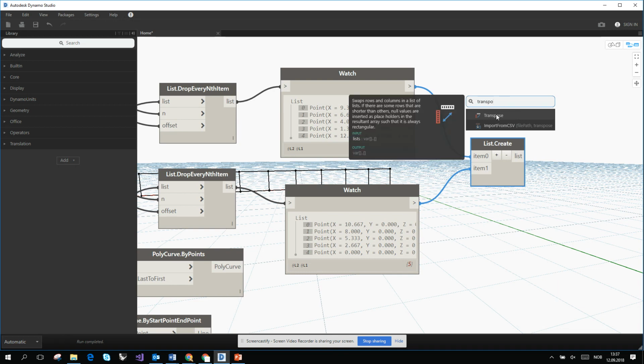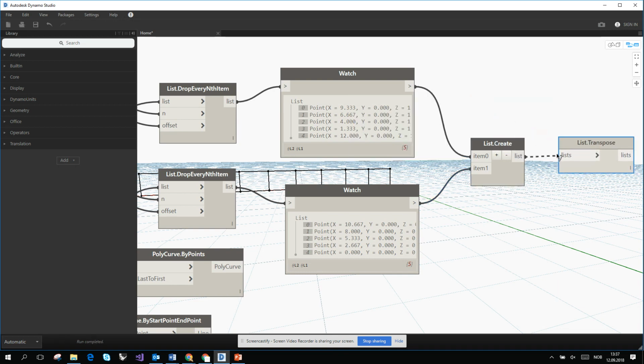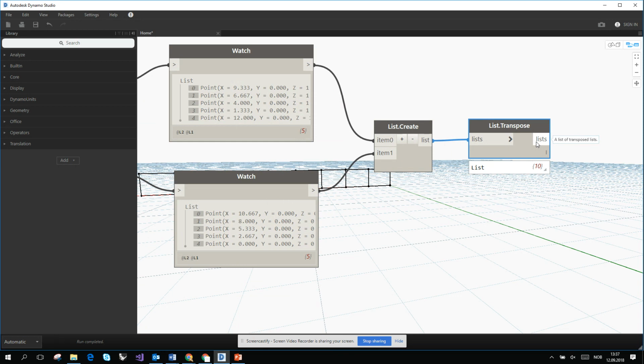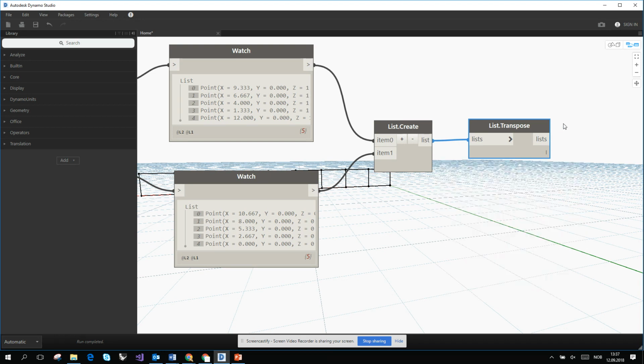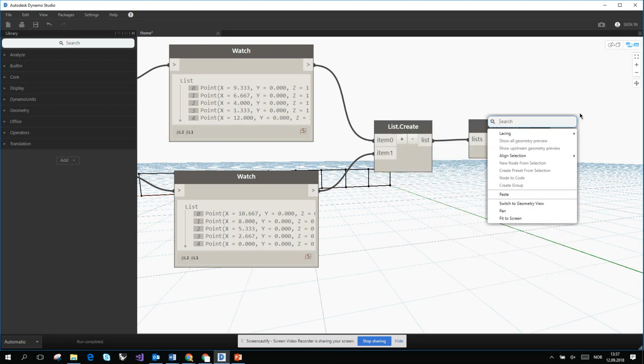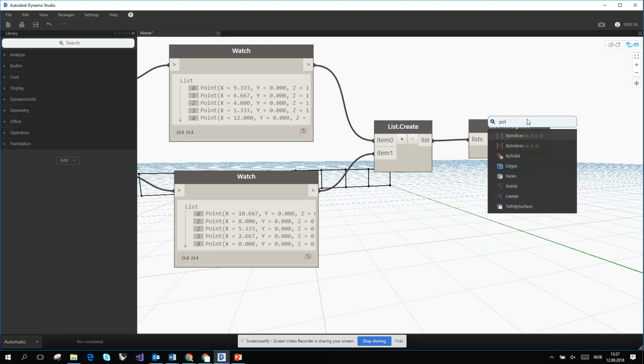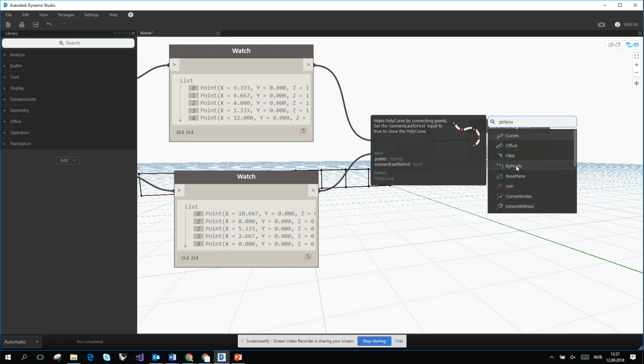Let's go for transpose. Because we transpose it, now we will have 0, 4, 1, 5, 2, 6. And if I create a polycurve by points,